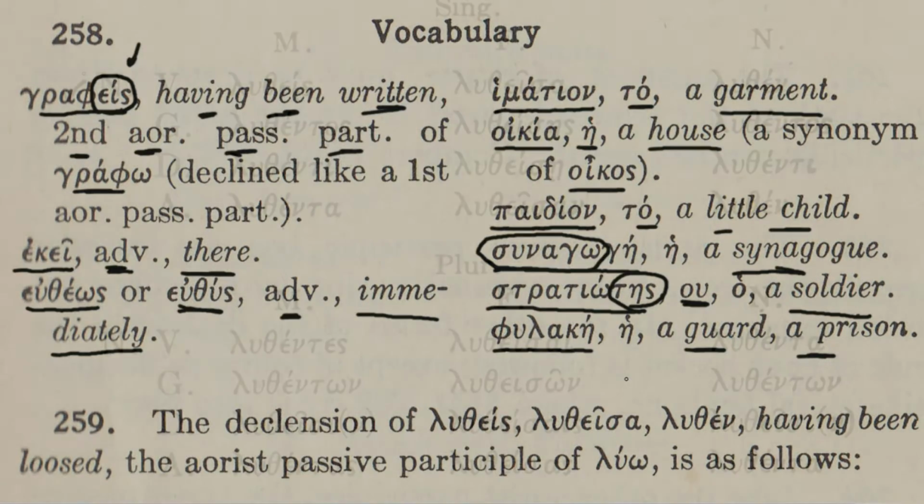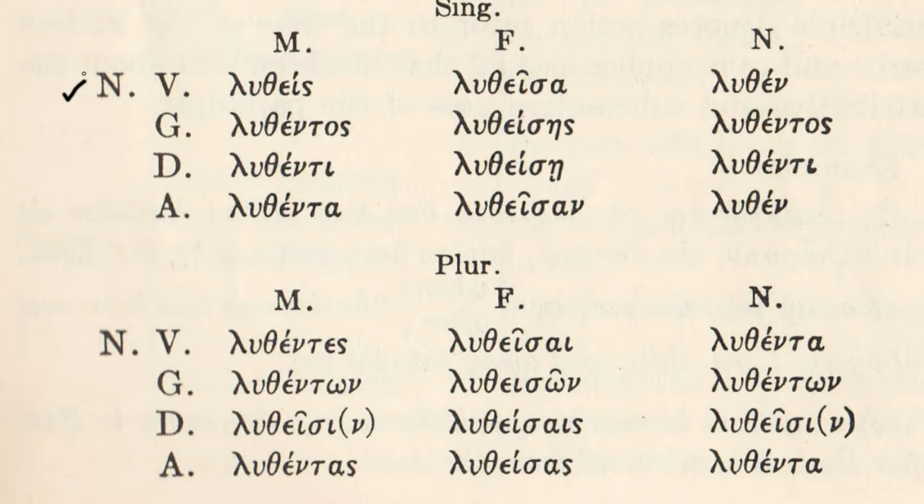Well, let's take a look here at the paradigm that we have in this chapter for the participle, which is based on luo once again. So the declension is going to be set forth here. Notice the main thing to detect is, first of all, throughout the aorist passive, we once again have the theta. We already noticed the aorist passive uses the theta in the indicative mood. Here we find similarly in the aorist passive participle the theta shows up, and this is what becomes the distinctive appearance of the stem in the aorist passive participle.